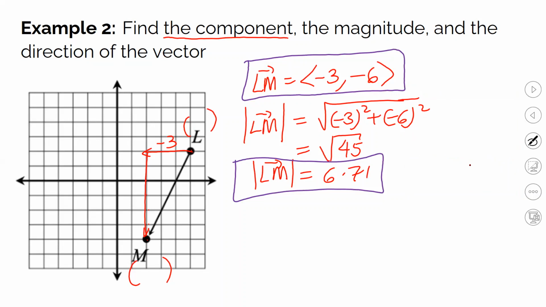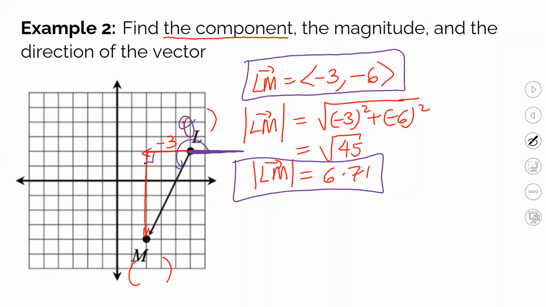So this is the component, this is the magnitude. So let's do the direction. Again, if I want to go like this, the angle that we are looking for, let me use another color, is this angle theta. Again, it is the angle that the vector is making with the positive horizontal component, or positive x-axis. So we are interested in this angle, but are we able to calculate that angle straight from this right angle triangle? No, we are not.